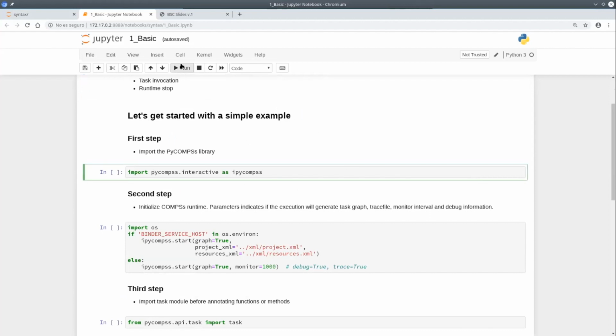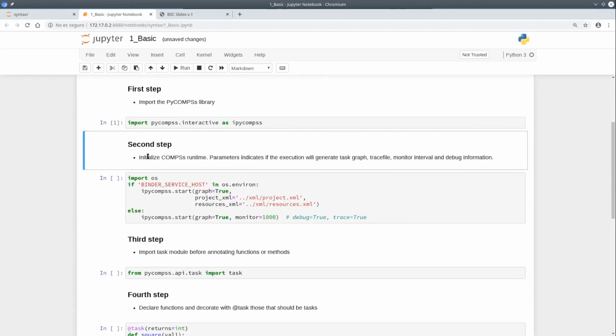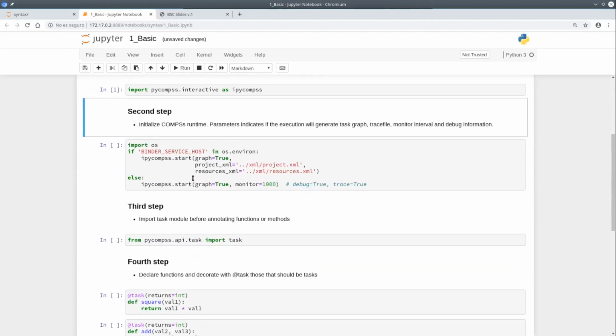With Jupyter Notebook, it's necessary to load the library for the integration of PyCOMPs with Jupyter Notebook, which is known as PyCOMPs Interactive. We used to call it iPyCOMPs. And the next step is to start the runtime. Please ignore these lines, and we will focus only on this else line, which is the line that starts the runtime. This ipycomps.start